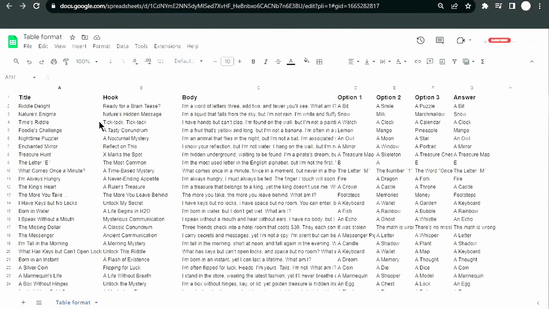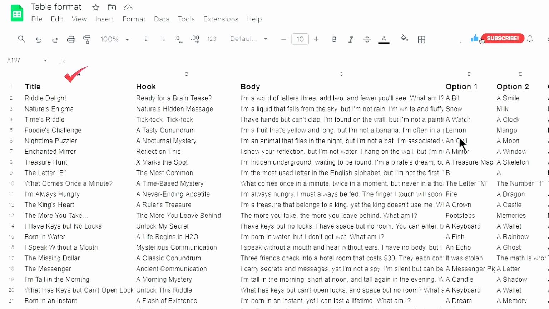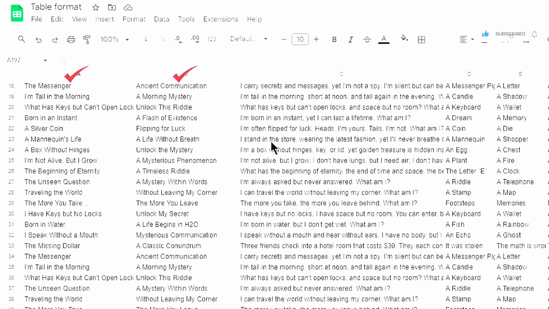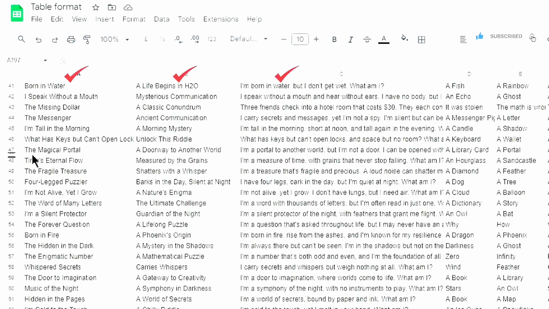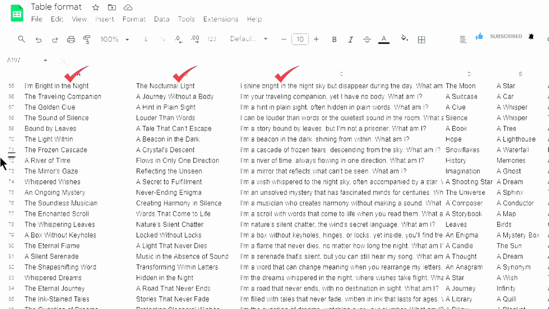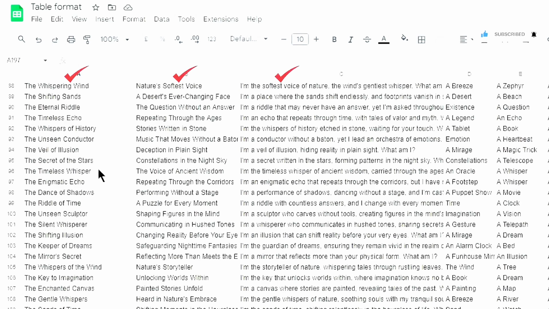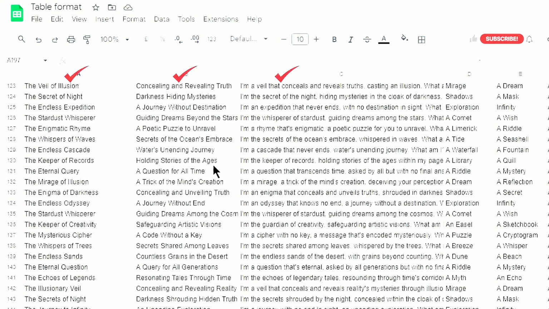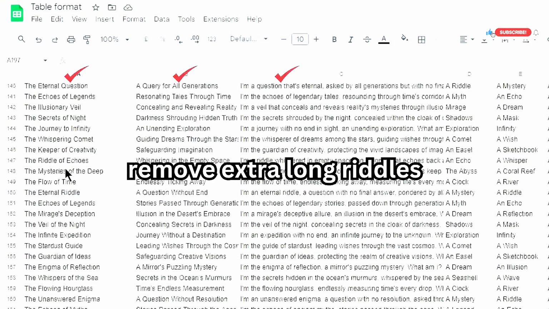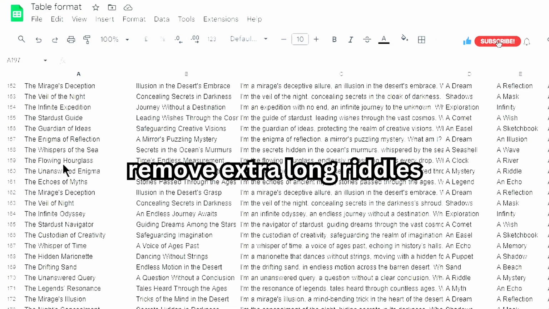All right, so I've pasted this stuff here, table format. Just go to Google Chrome to search for Google Form. Or if you have your Microsoft Excel, you can decide to paste it there, or you can create a table on your Microsoft Word, remove extra long riddles. All right,